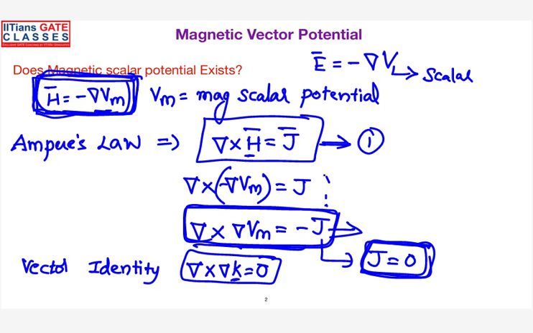So what I have done is reverse engineering here. I assumed that the magnetic scalar potential exists, and I proved that it was a violation of your vector identity. Hence, whatever assumption I made is wrong. The moment your vector identity is not satisfied, whatever you have assumed is going to be wrong. So I assumed that the scalar potential exists, which is proved to be wrong. So the magnetic scalar potential will not exist. Are you getting my point, everyone? Everybody kept silent.